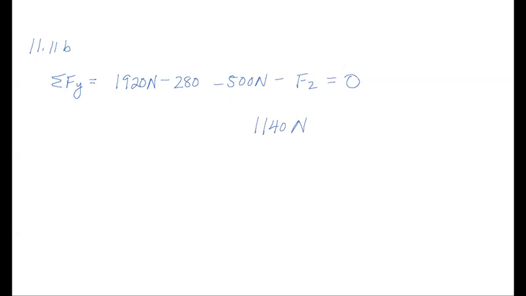That was 1111B. 1120 reads, a non-uniform beam, 4.5 meters long and weighing 1.4 kilonewtons, makes an angle of 25 degrees below the horizontal. So we got something like this, and this is 25 degrees. It is held in position by a frictionless pivot at its upper right end and by a cable 3 meters